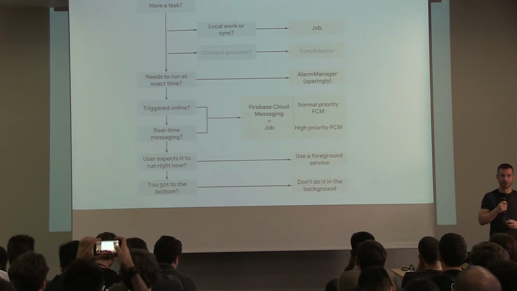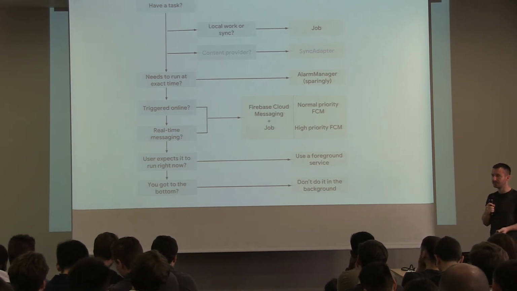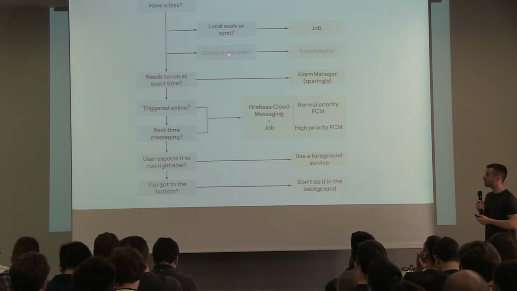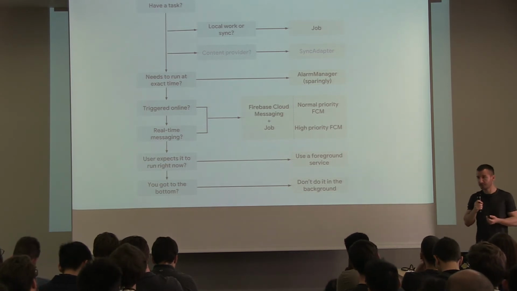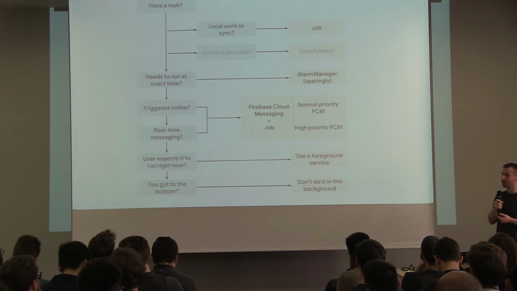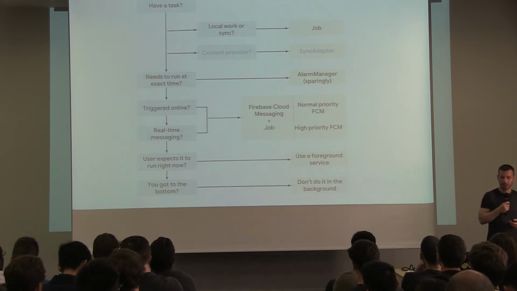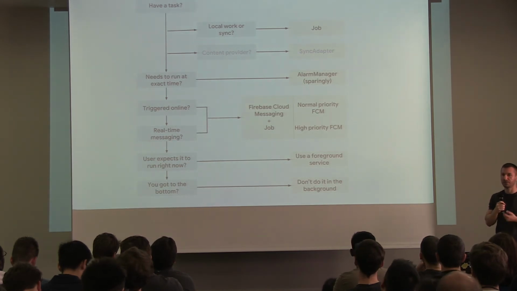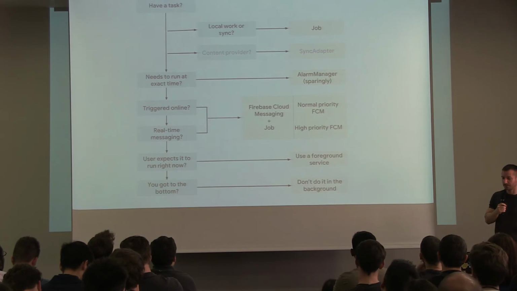I will talk about Job Scheduler. It's probably the best way to schedule anything. It takes care of synchronizing it with those periods and many other things. By the way, content providers existed on Android for a longer time than Job Scheduler, and it's also fine to use that. I mean, content providers currently are actually using Job Scheduler for the actual scheduling, and it's just that it's not for every app. It requires a lot of boilerplate. Only if you use the account manager and you have a content provider, then you can use a sync adapter, and that's fine. Then you don't have to rewrite it back into jobs.